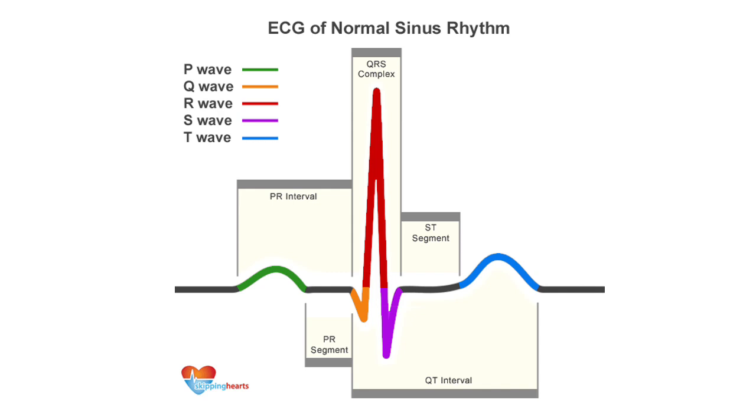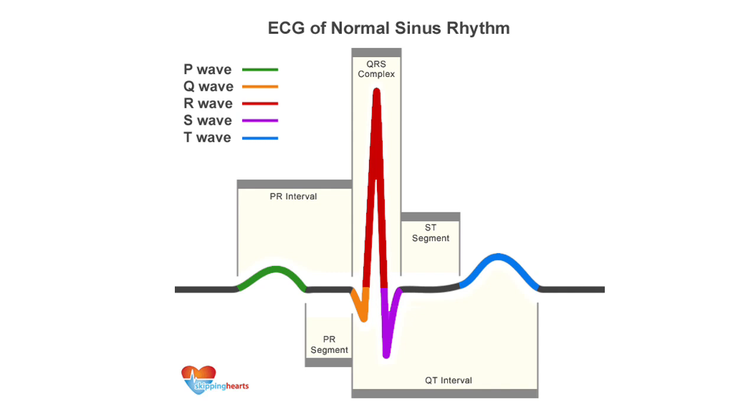And this doesn't matter which lead you're looking in. This is always the case in the naming of the QRS complex. So Q is always negative, R is always positive, S is always negative. And this becomes important later on when we're taking a look at bundle branch blocks and naming waves within the